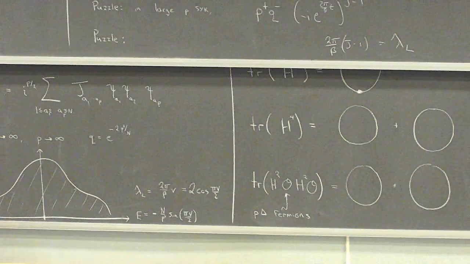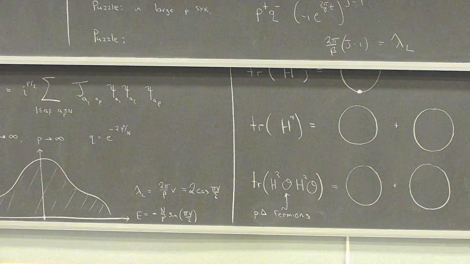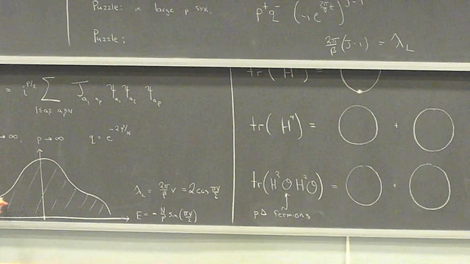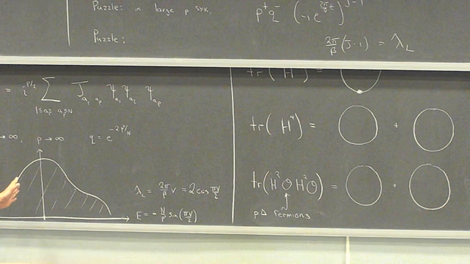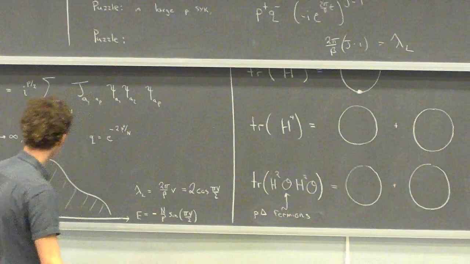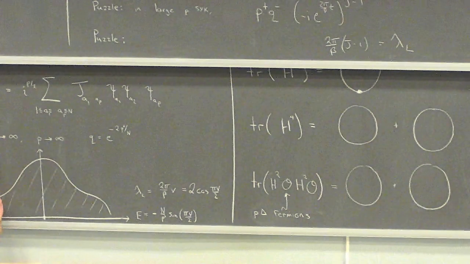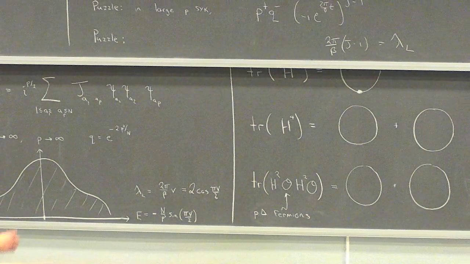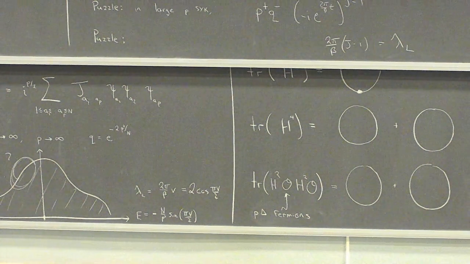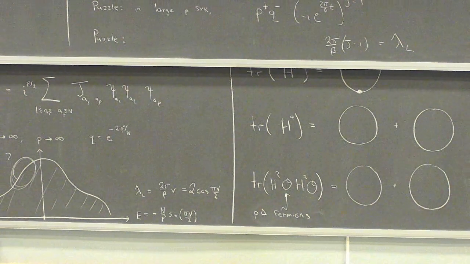So over here on the left side, when v is 1, the Lyapunov exponent is 2 pi over beta. That means j is equal to 2. That's like gravity. But elsewhere in the spectrum, the Lyapunov exponent is less than 2 pi over beta. So it's this case where j is less than 2. So down here, we have JT gravity. And in the rest of the spectrum, we have some kind of question mark. And we would like to try to explore this question mark. That's part of what we're trying to do.